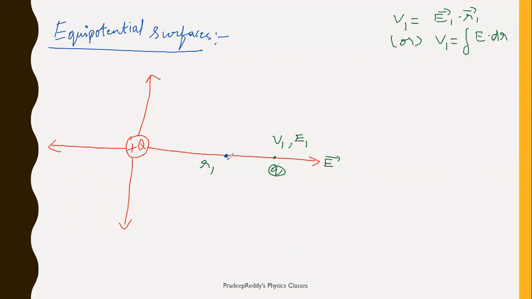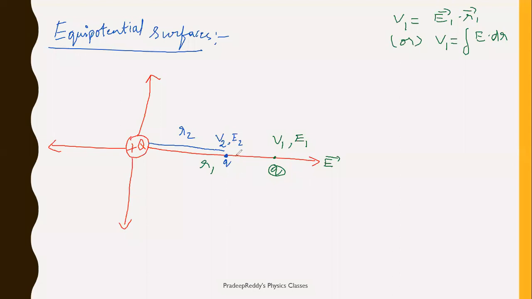I'm taking the same test charge over here, and the separation from here to here, I take it as R2. Now, as the separation between two charges has been changed, the potential will obviously change, and the electric field also changes. Here I will write the potential as V2 and the electric field as E2. I can write the relation between electric field and electric potential: V2 is equal to E2 dot R2 bar.